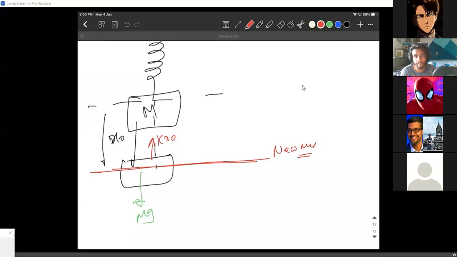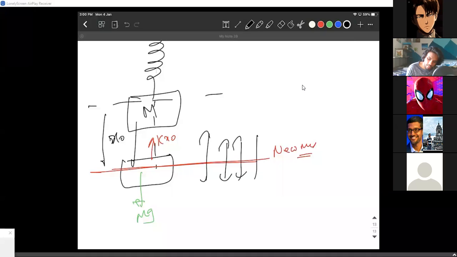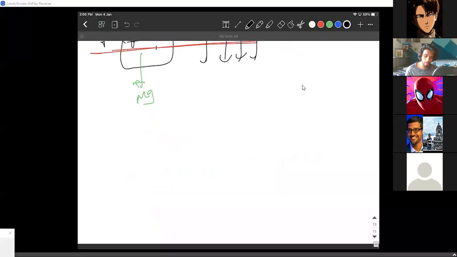Aditya, you have a doubt? No, I have an answer for it. This is a new mean position. We've already discussed that whatever kind of oscillations you have, you will simply have them about the new mean position. That's all. It is not a strange thing anymore. But they give you problems like,